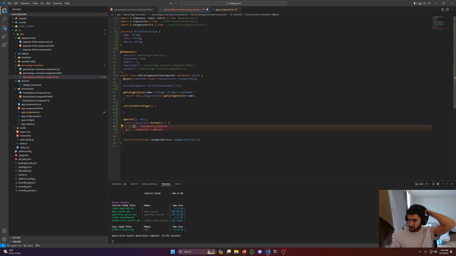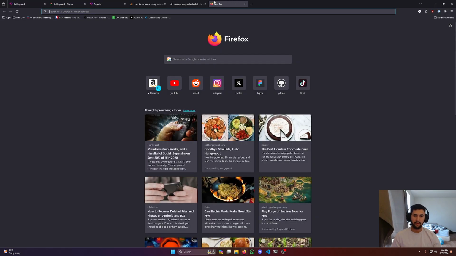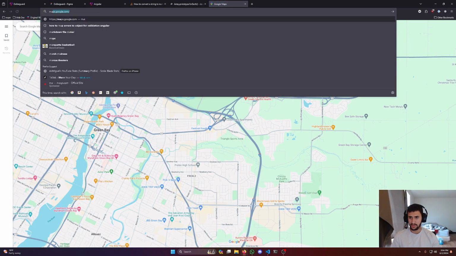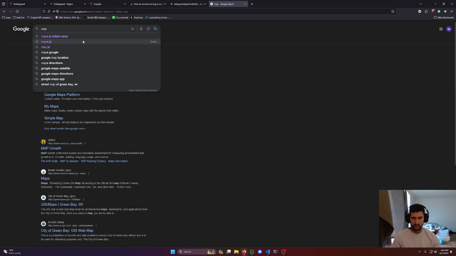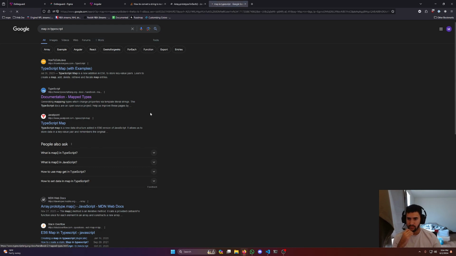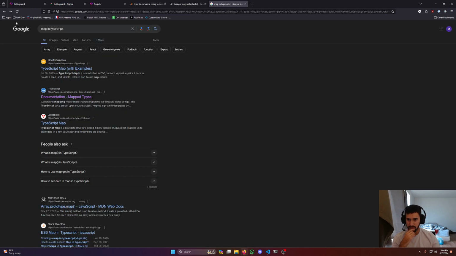We're gonna check if active categories has it. Well, if we have a Map, not maps, Map, in TypeScript. Map types. Because here's the thing, if there's more than two,